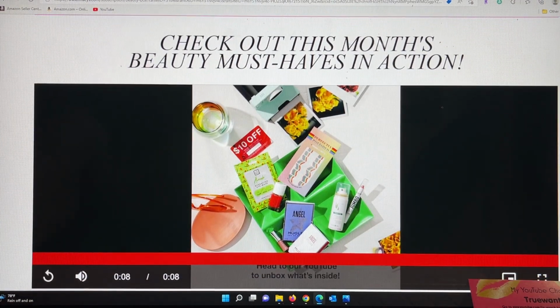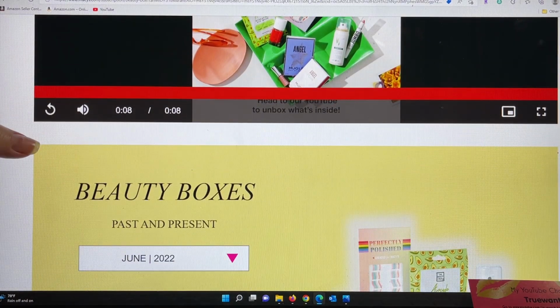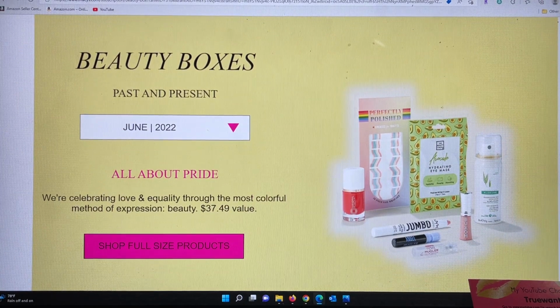And the reason I'm saying that is on this area here where they have some of the items that are going to be in the June box, which I have a larger picture of, which I will share with you in a sec, there is a $10 off card. So I'm assuming this month in June, we're going to be getting that $10 off card. And sometimes they do that during holiday seasons and things like that. But also I feel when a bag might not be as high of value as what they usually like to give us, which is usually around $50. But last month it was a little less, and this month it looks like it might also be